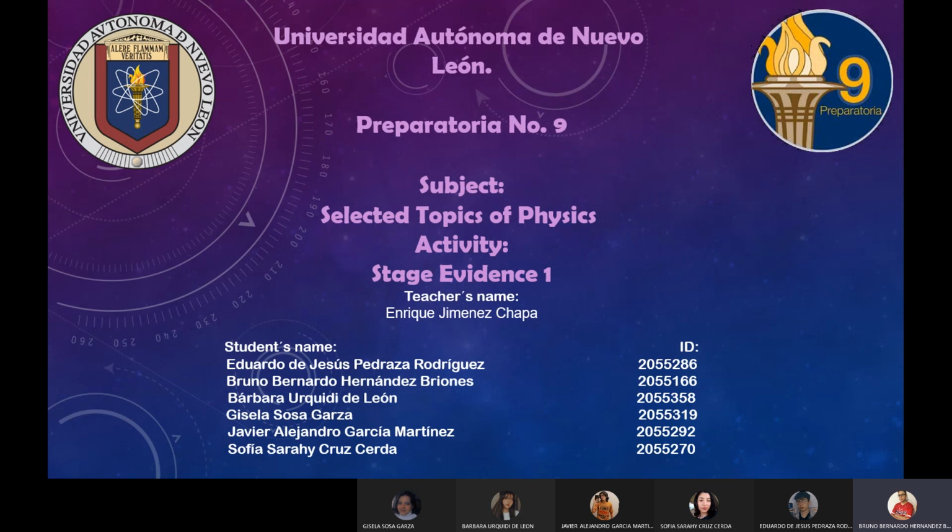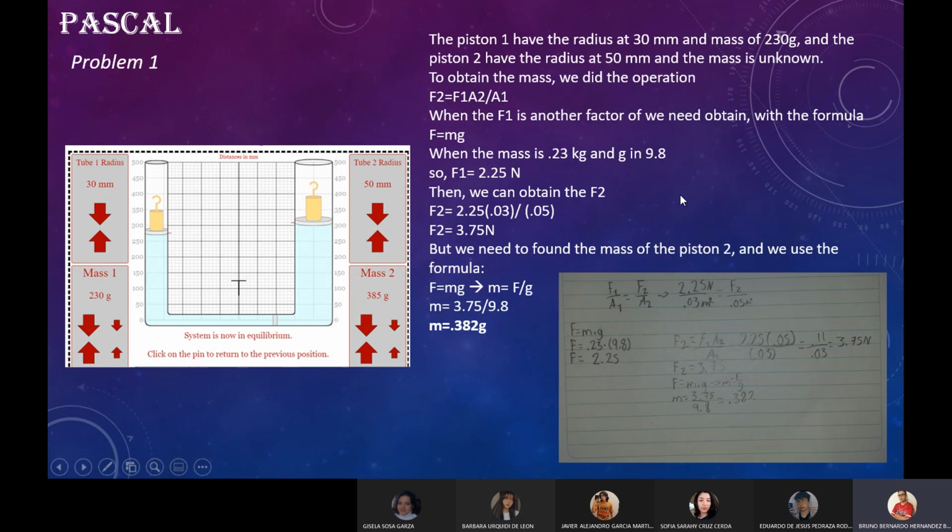Hello, we are the team number 3, and we will talk about the evidence of the stage 1. And let's start. First, the first problem is the Pascal. In these problems, we use the simulator, and the problem is the piston 1 has the radius of 30 millimeters